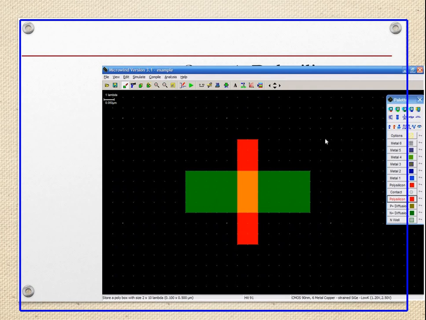When the diffusion has a polysilicon over it, that indicates there is a MOSFET. So now we have this N plus diffusion, then the polysilicon, that is the gate, and again one more N plus diffusion, and this structure is created on a P substrate. So now here is the formation of one N MOSFET.